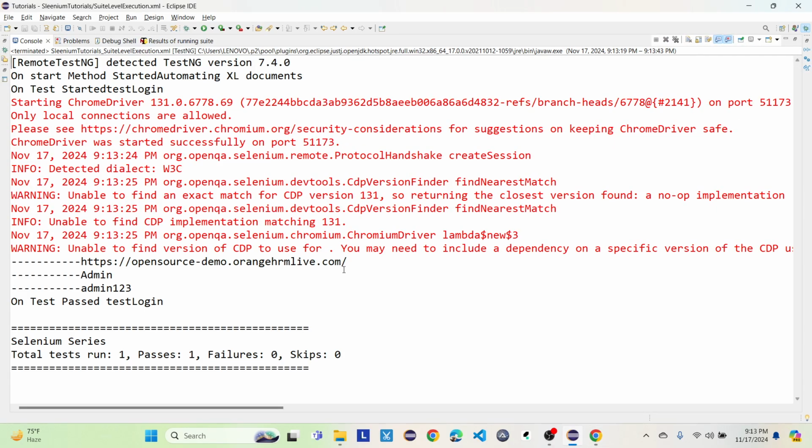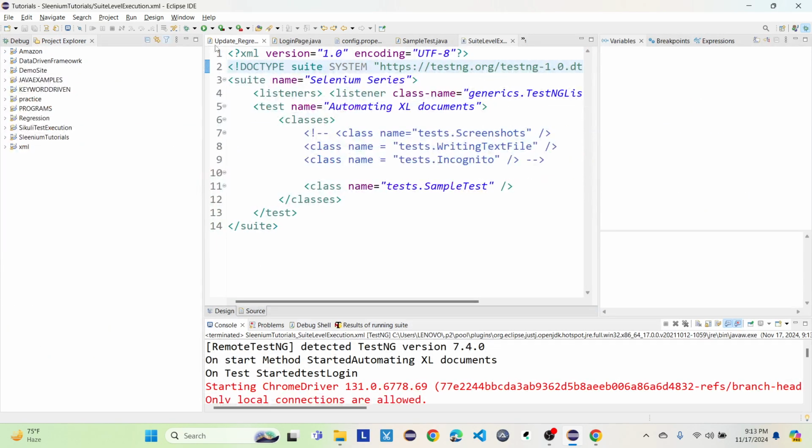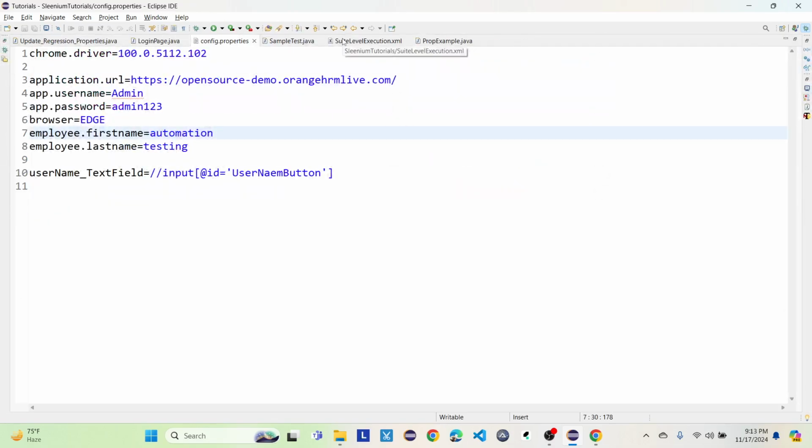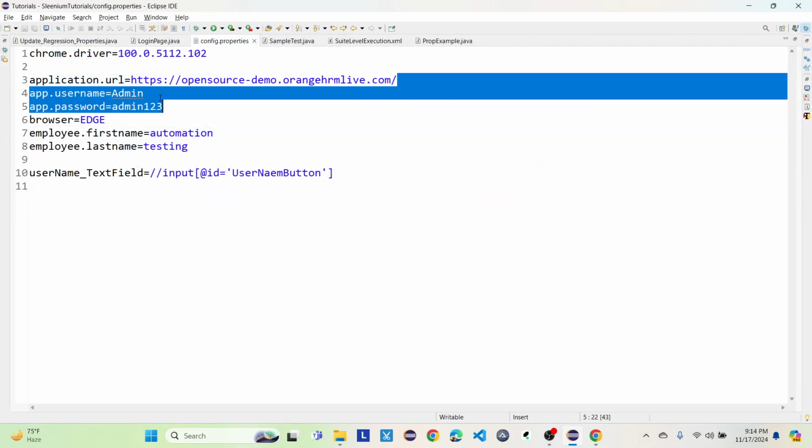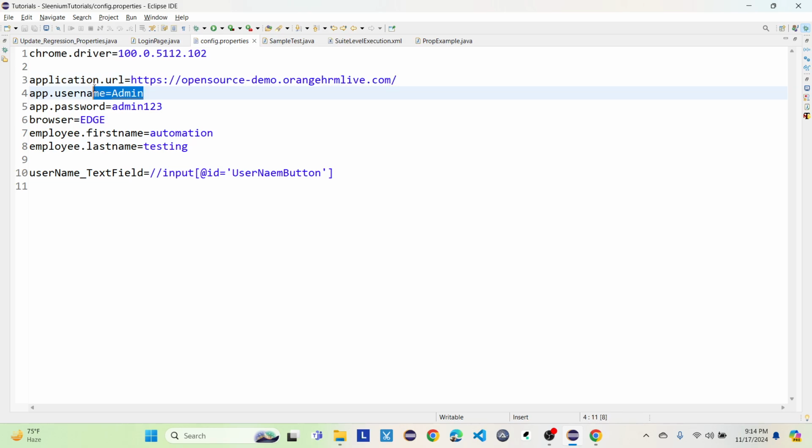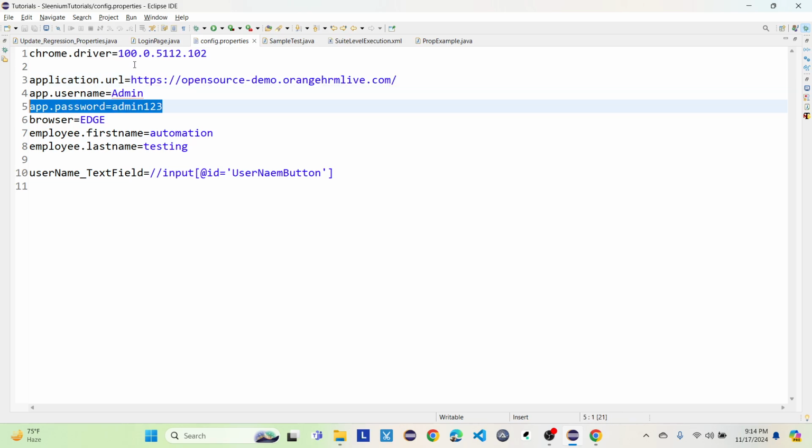So here you can see the details in the console. This is my URL detail, this is my username detail, and this is my password detail. Okay, so let me show you the details here in the config.properties file. So this is the URL, this is the username, and this is the password. So we'll see